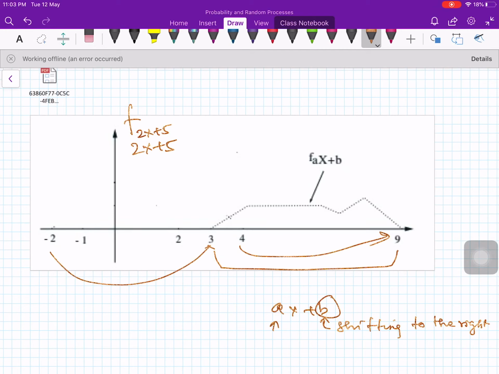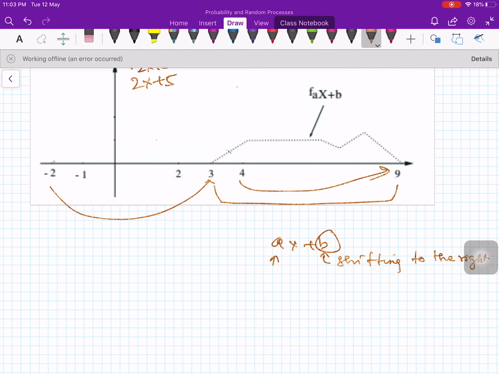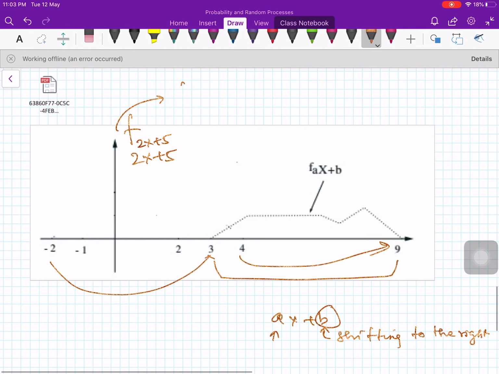So shifting to the right by a certain amount, mathematically it corresponds to putting -b in the argument of the function. Therefore whenever you want to shift the function to the right, you have to put a -b in the argument. Therefore the density function is given by fx of, initially it was z, that z is replaced by (z-5) whole divided by 2, and here 1 by 2. That's it. So this is the density function of my new random variable fy of y.